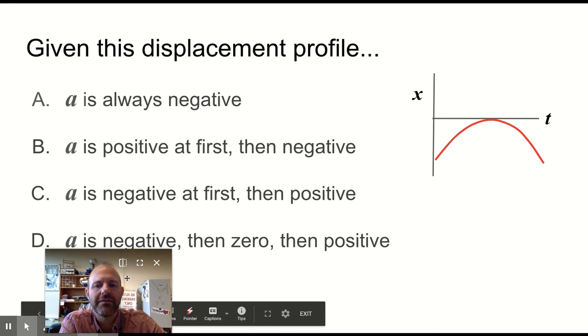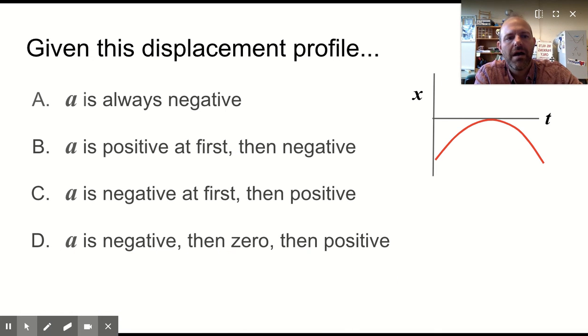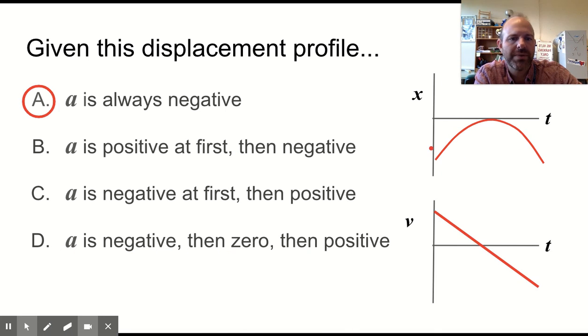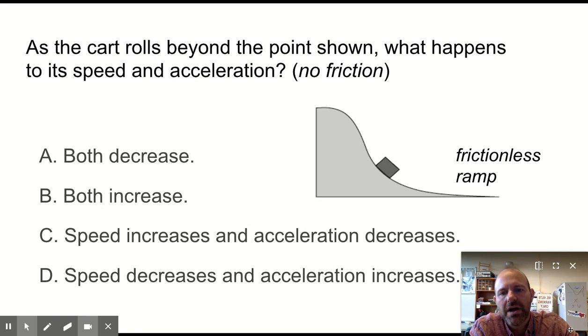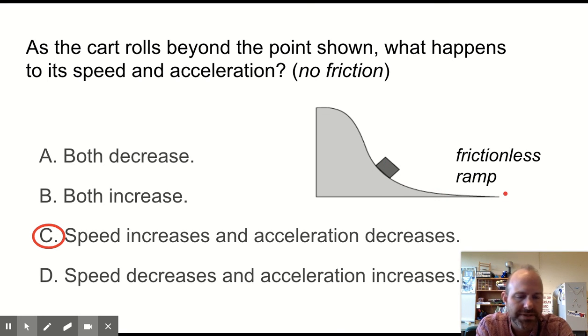So revisiting that first question we had, if we look at this graph, it shows that we have a positive velocity at first, going to zero velocity and then heading to a negative velocity. And if you look at the velocity graph, that has a negative slope, so that's always a negative acceleration. Similarly, on this one, what happens on the frictionless ramp? Well, as it flattens out, you're not going to be accelerating as fast, so your acceleration actually decreases until you're on a flat surface where there's no acceleration, but you're still going to be speeding up as you slide down